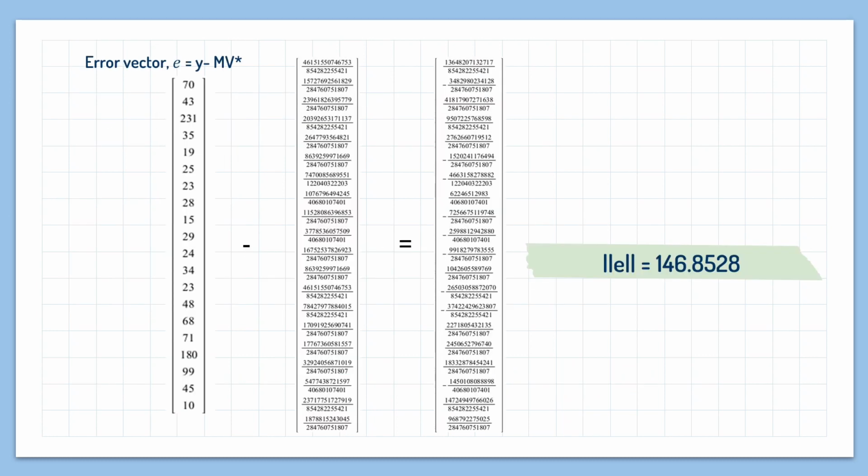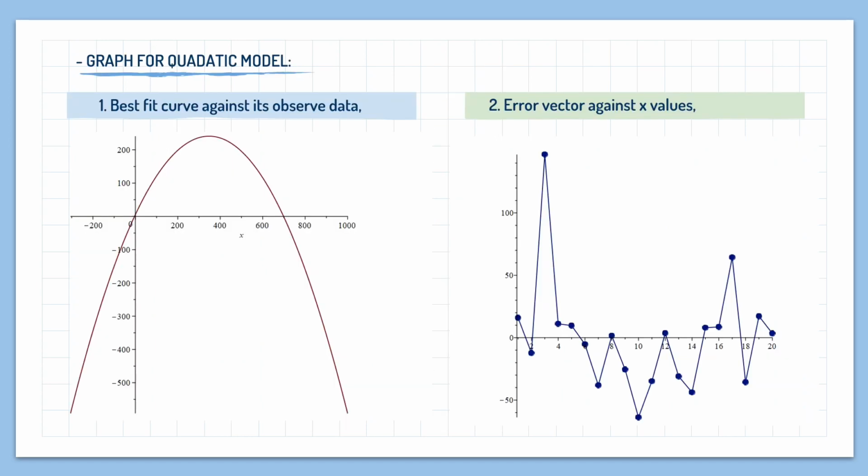Next, we will calculate the error vector, which is by using the formula E equals to y minus mv, and then we will obtain the error equals to 146.8528. Lastly, the graph for best fit curve against its observed data, which is the quadratic graph, and the error vector